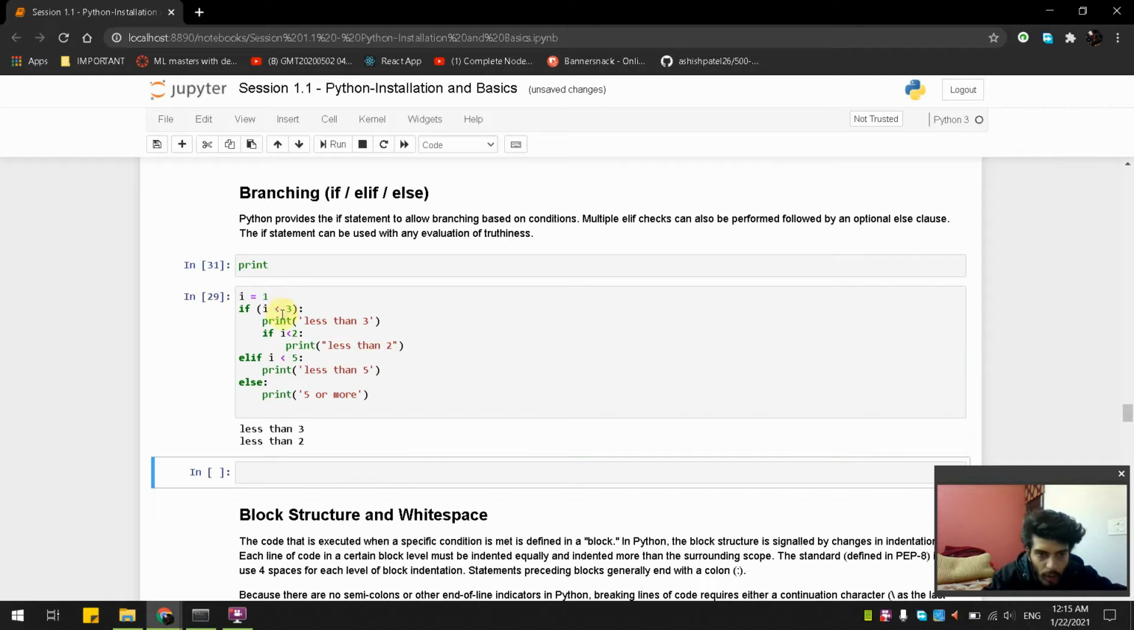If we go through this, I is smaller than 3, okay, because it is 1, then it is printing less than 3. And it is also going into this if statement, because the indentation of this if is inside this if. It is actually a nested if case, and it is printing less than 2 also. But it is not going into this elif statement, because it is also true, but it is not going into this elif statement,